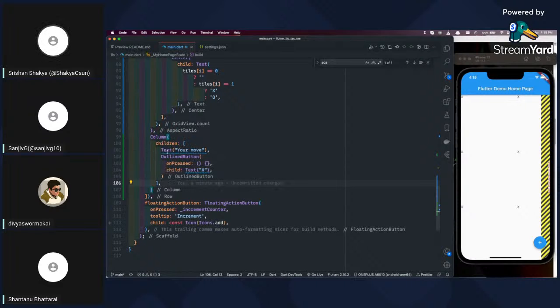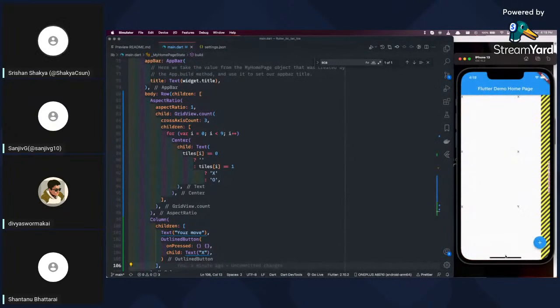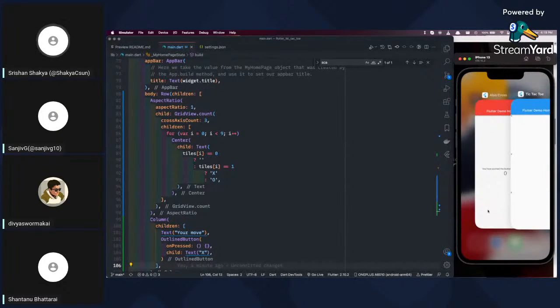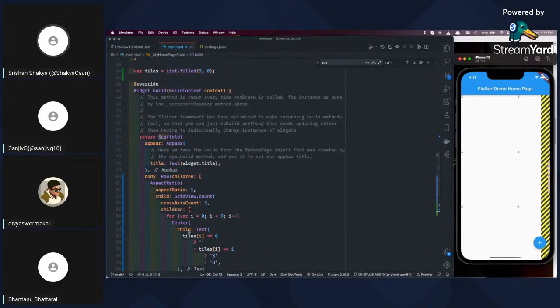It will also avoid the bottom gesture area in the iPhone. If we didn't have a scaffold, then that floating action button would probably be very far down, overlapping with the gesture area.